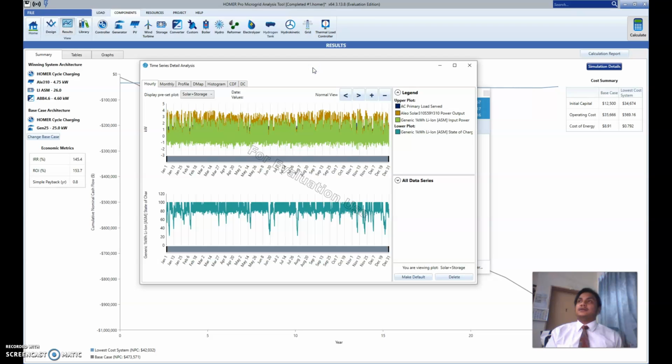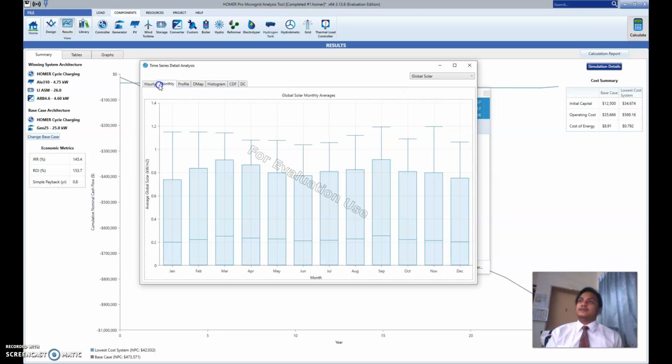This is the time series detail analysis that we obtain after we run our simulation. This is in terms of hour, and this is in terms of month. In terms of the month, this graph shows the global solar monthly average over the months, where the highest is in the month of November, with an annual maximum of 1.3